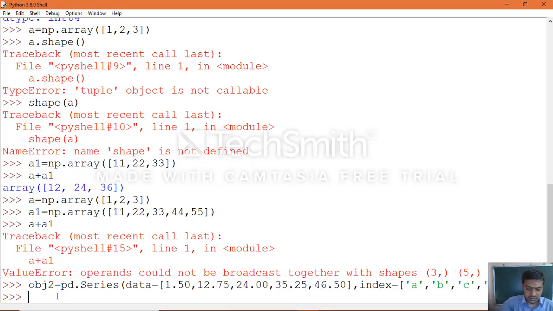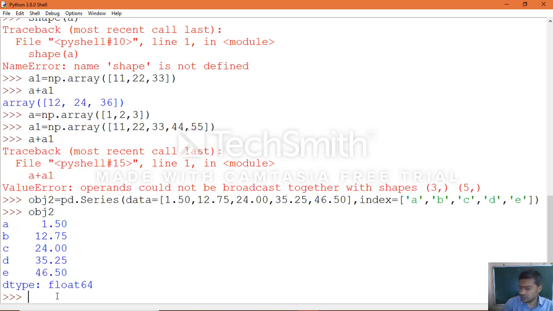Now print the object obj2. Yes, we have the data.